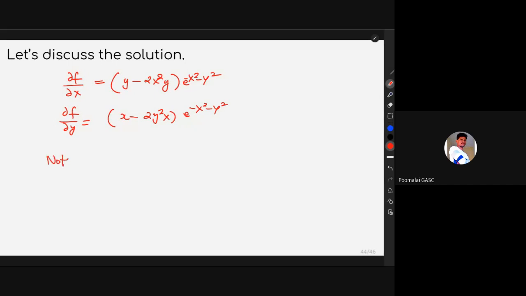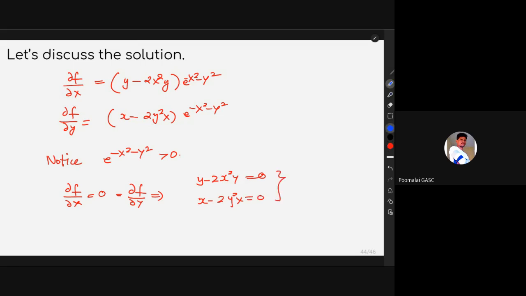Now notice that this is always positive. So if you equate this to 0, you will get these two equations, and now you solve for these two equations. Okay, so the solution of this will give us